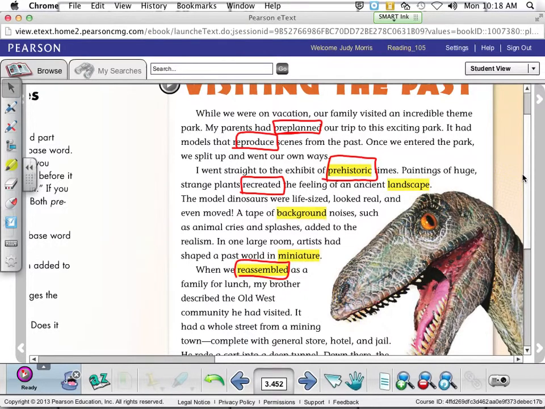understand how to use the prefixes to help you figure out the meaning of each word. Alright, what I need you to do is you have 5 spelling words that need to be put into your planner. Please write them correctly. We have prehistoric, we have land